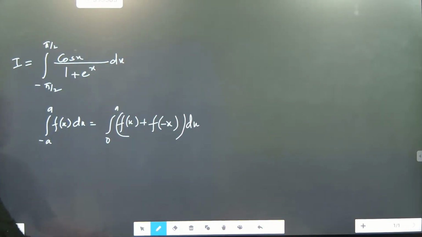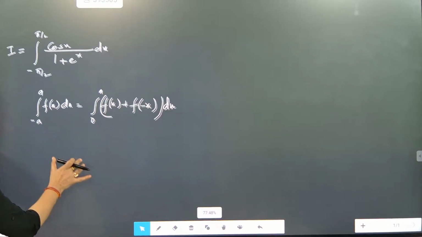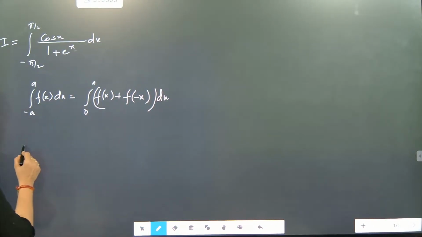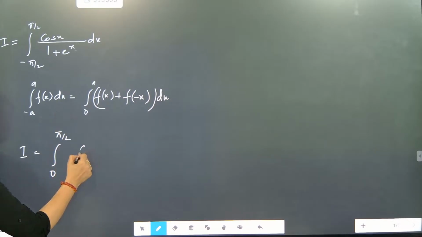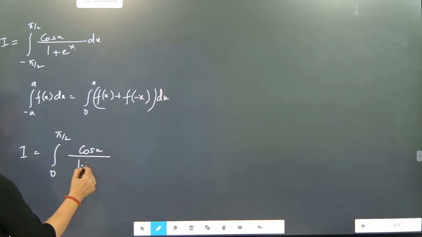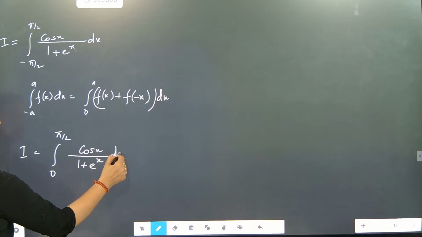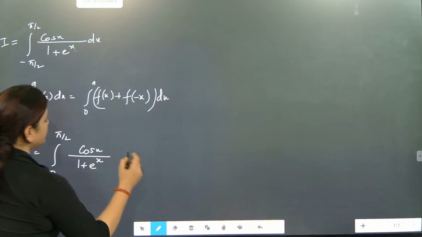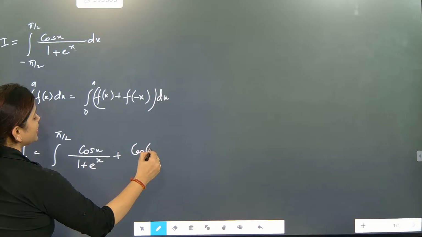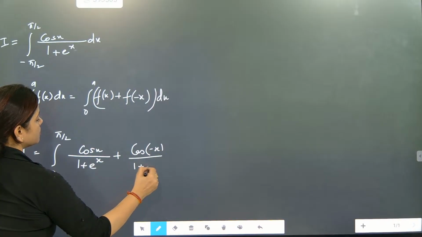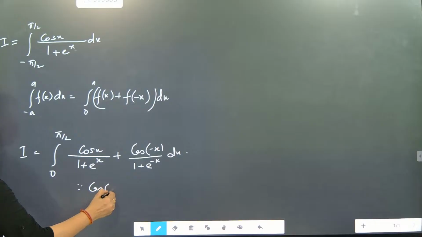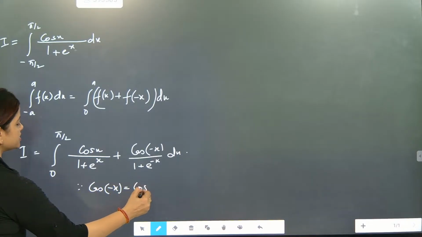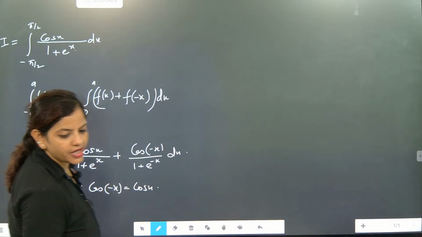So what we are going to write there? 0 to pi by 2, one time cos x by 1 plus e to the power x dx. Next time it is coming plus, wherever x is there it will become minus, 1 plus e to the power minus x dx. Since we know that cos of minus x is cos x,